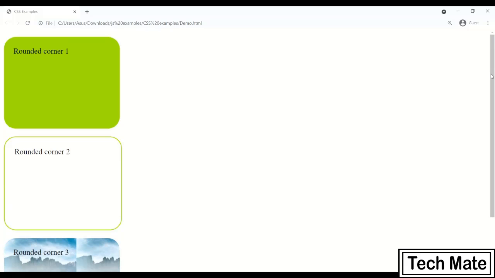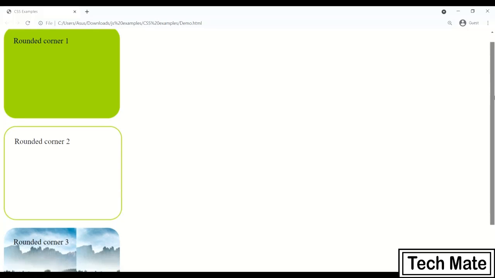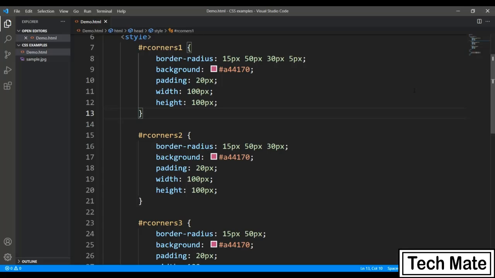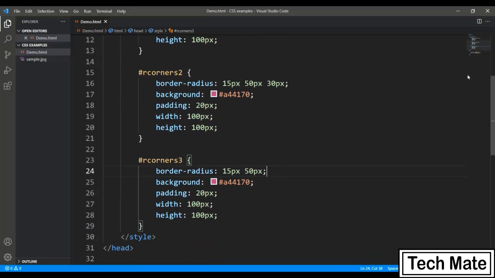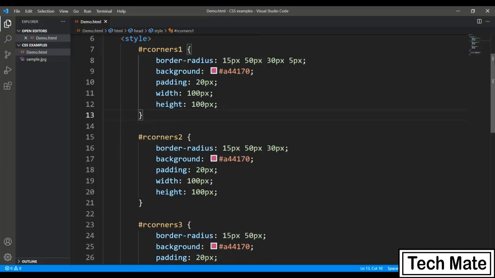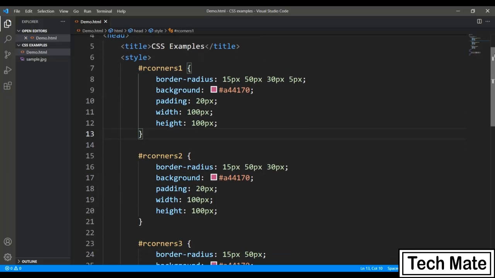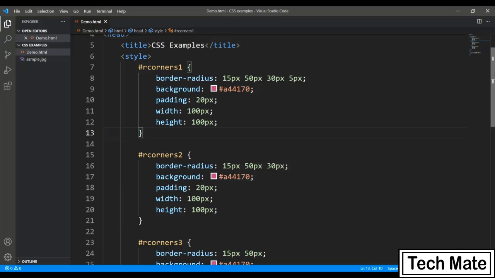Now let's see how we can pass different radiuses for each corner. Here you can see the curve is the same for all of them, but I can actually change the radius of each corner. For that, here are a few modifications. I just passed a single value in the border radius in the previous example, but now I am passing 4, 3 or 2 values. Let's see what the difference is. As you can see, there are 4 values. Basically the 4 values mean different values for each corner. Let's save it and come to the browser again.